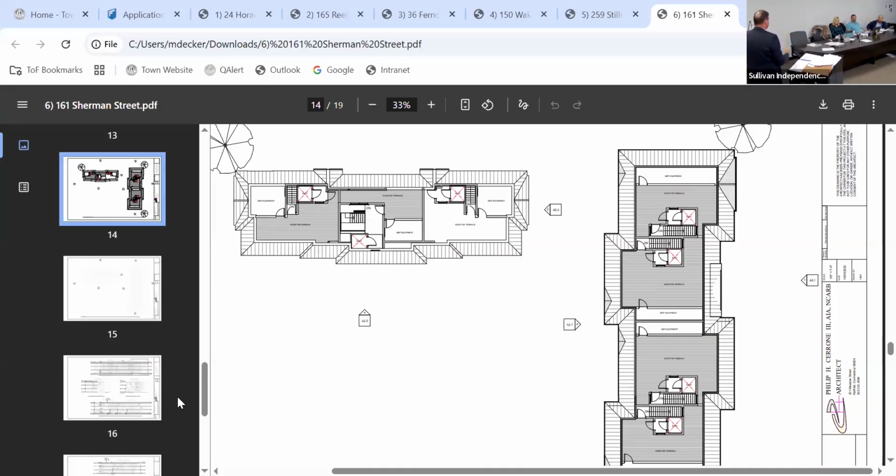This will have fully conforming parking, 2 parking garages, and adequate visitor parking. The basis of that is mostly because it's going to be all residential use versus any commercial use. You don't have to worry about big deliveries, and from the intensity of use, you don't have people rolling in and out all day. It's a perfect use for Sherman Street.